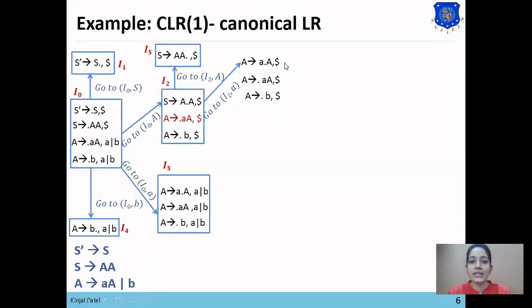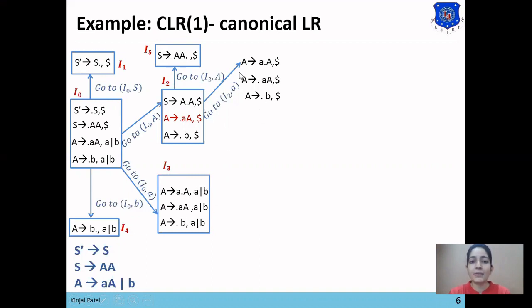Now we'll check whether this state matches any previously generated state or not. The rules of this set match the production rules of the I3 set. Here you can see A derives A dot A, A derives dot A, and A derives dot B. All the rules of this new state are the same as the I3 set, but the lookahead symbols are different.